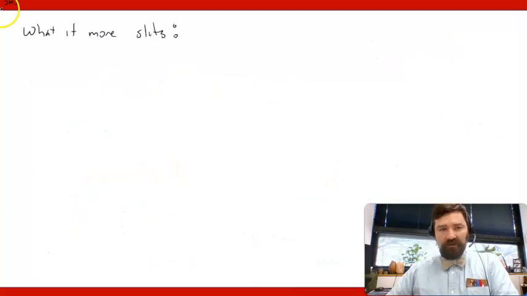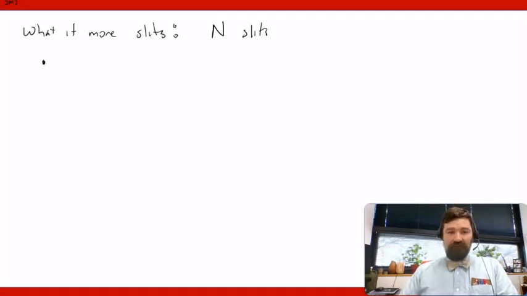Essentially, the pattern is as follows. First of all, if you have N slits, let's use a capital N, we'll have N minus 1 minima,